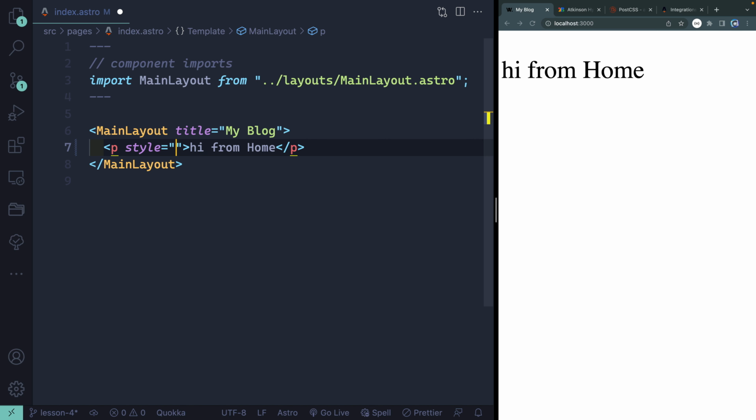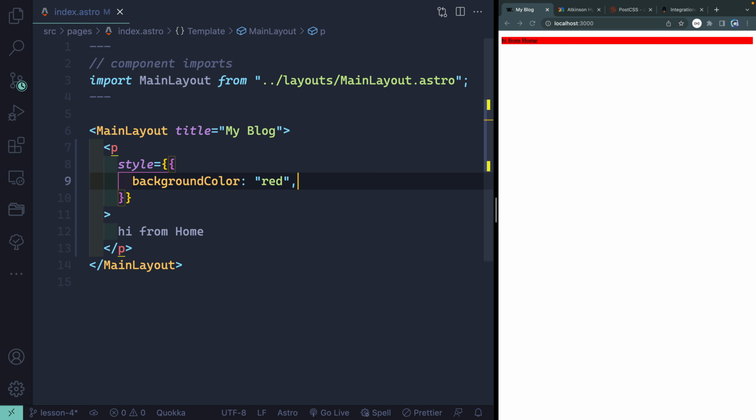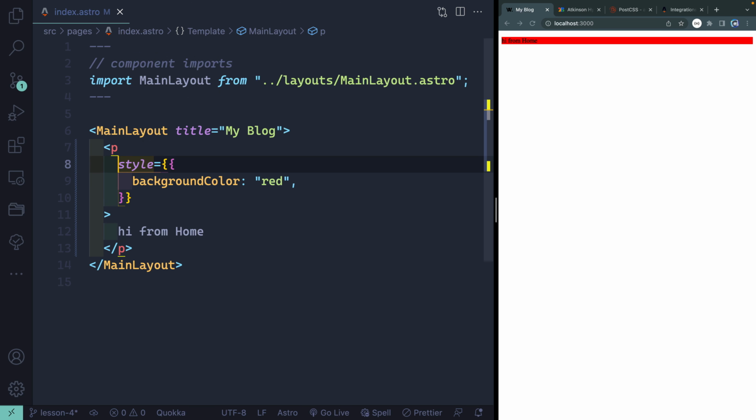Now, in addition to that, because this is essentially like JSX style, I can actually write in here like JavaScript or CSS in JavaScript. So I could say something like background color, and then I could just say red like that. And you can see how I actually get the background color red here. And this is just using this JSX or CSS-in-JS style. Now, generally speaking, you shouldn't be writing a ton of inline styles, so I'm going to remove all of this